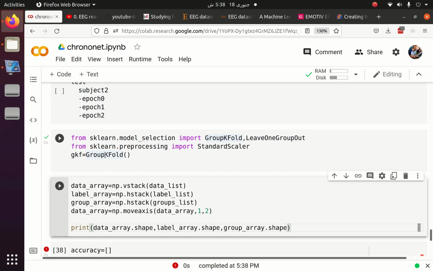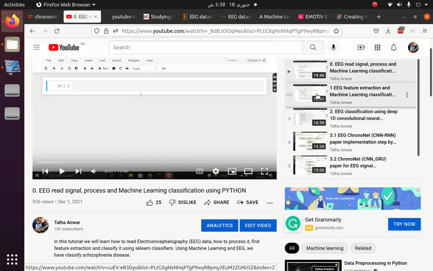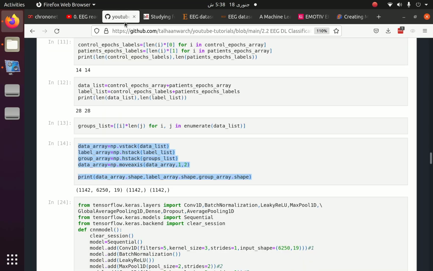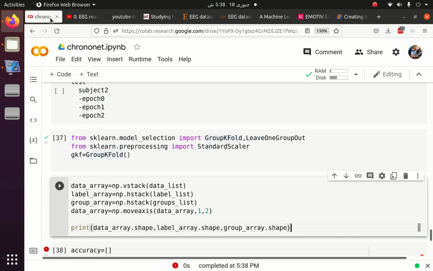If you do not know why I am copying these things from the previous notebook, you have to watch part 0 here and part 1 from here. Then it will be clear why I am just copying this, because I have already explained all of these things in much detail in the earlier parts.